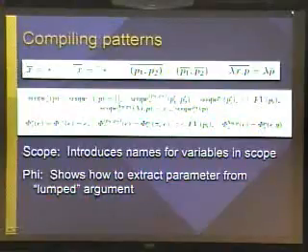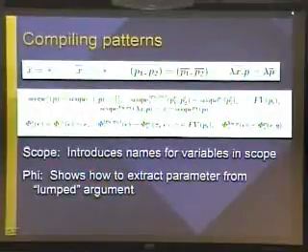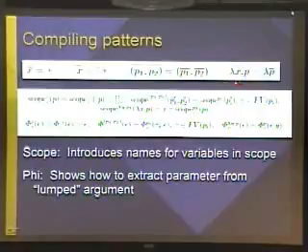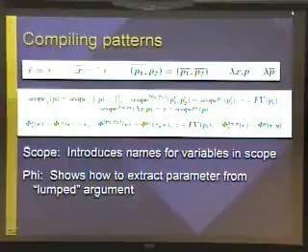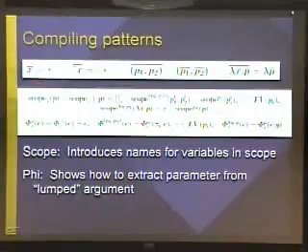The semantics is going to use these two functions, scope and phi. Scope, for any variable that occurs inside a pattern, goes fishing for the environment that this variable occurs in. And by environment, we simply mean the lambdas that we have to go through to find this variable. That's the first function. The other function also takes a variable and a pattern and tells us the path inside this pattern for this variable.